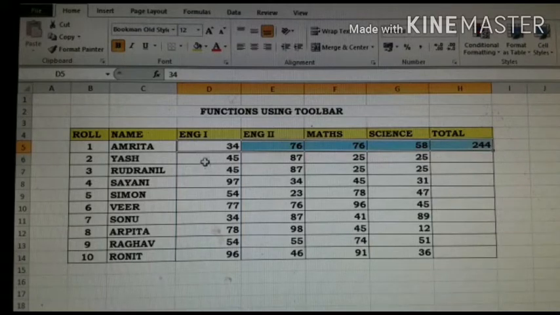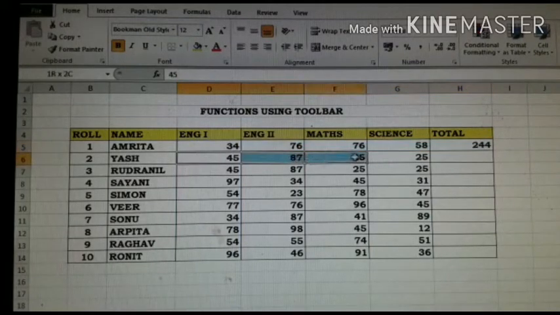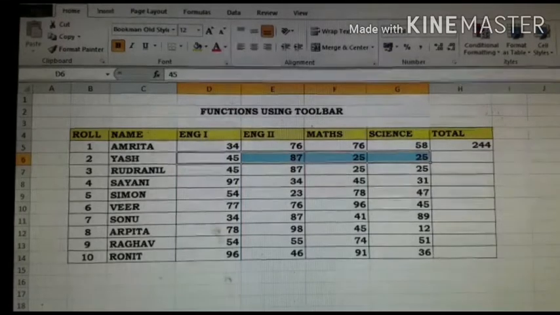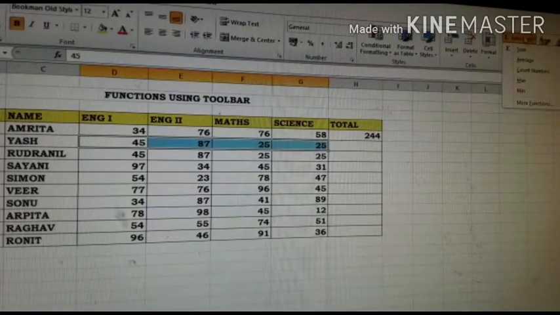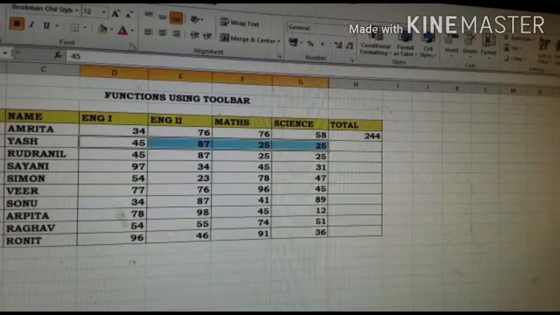You can do another thing also: selecting the cells, and then there is a drop down arrow beside the AutoSum. Are you getting over here? Just a minute. Now I think you can see this AutoSum. Let me tell you, the AutoSum button is under the Home tab in the Editing group, here at the corner of your screen. See the Editing group, the AutoSum button and the down arrow.